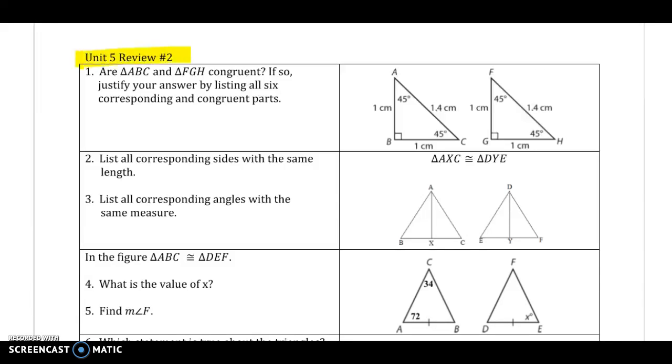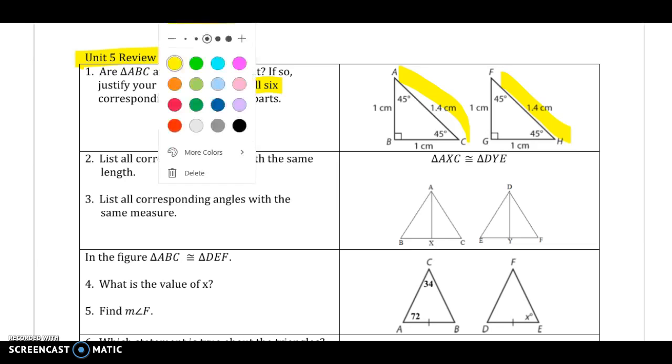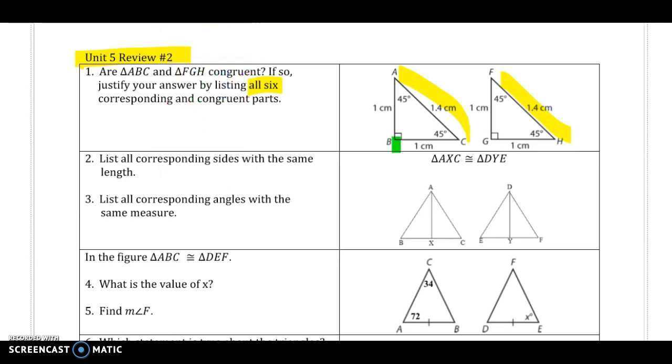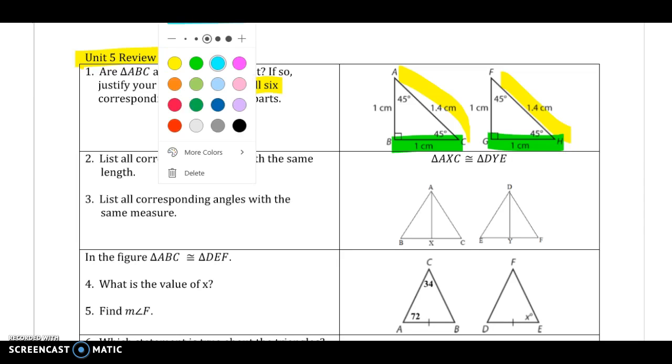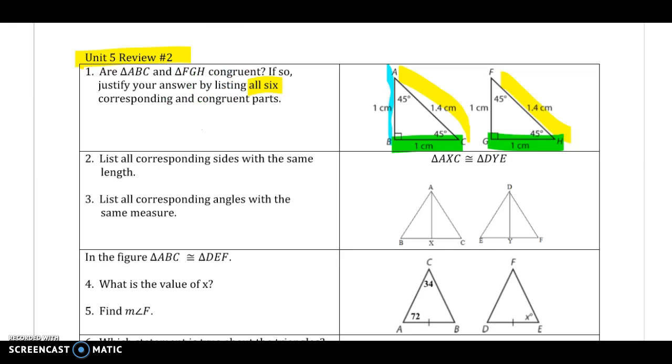Unit 5 review for the retest. Are the two triangles congruent? If so, justify your answer by listing all 6 corresponding and congruent parts. So we know that AC matches FH, BC matches GH, AB matches FG, and all the angles too, F with A,